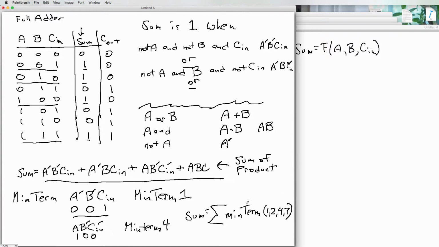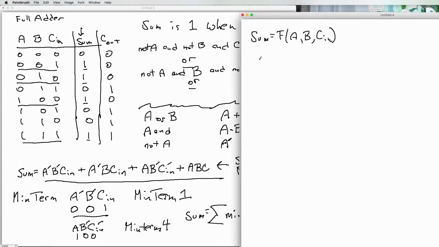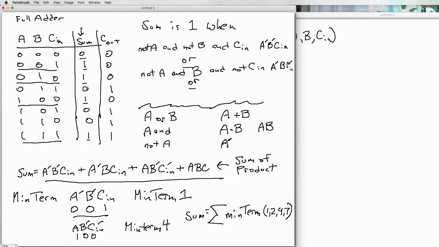Okay? And we also said that sum was the sum of the minterms 1, 2, 4, and 7. Well, what I want to note is the following. I'm going to call it sum complement. Seems like kind of a funny thing here. Okay, but sum complement would be this one plus this one plus this one plus this one. Or in other words, that sum complement